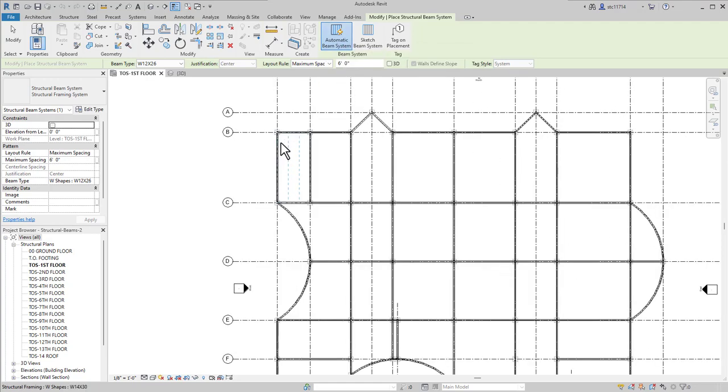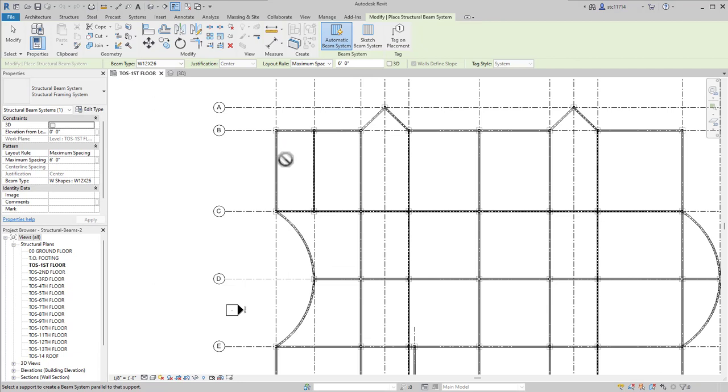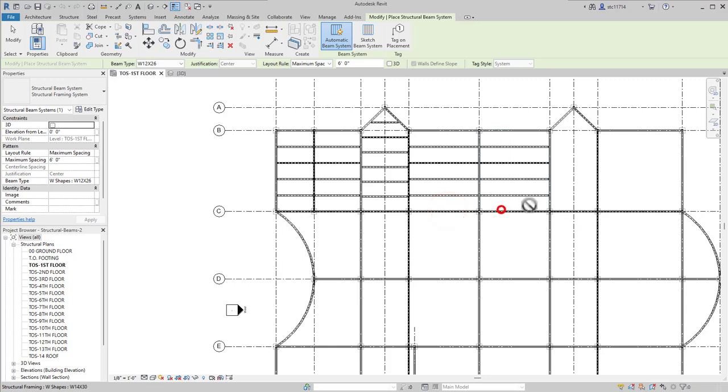And the way this works is the beam system will be created in the bay next to where I'm selecting, and it will be created parallel to the member I'm selecting. So I want my beams to run left and right. So I'm going to make sure I click on a horizontal member to create a horizontal set of beams. Of course, they're all horizontal in the real world, but horizontal in relation to my screen.